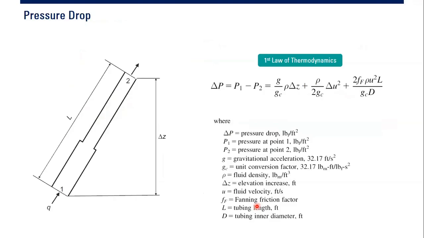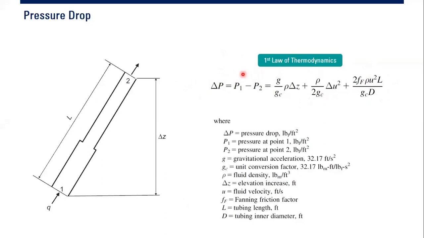Now we continue to discuss the wellbore performance, the second element of our big system. So the first block is reservoir. The second block is the wellbore. So regarding the wellbore performance, to describe the performance of the well or the wellbore, we start from the first law of thermodynamics. Okay, first law of thermodynamics. We will not talk much about this, but you already understand the form of the first law of thermodynamics.